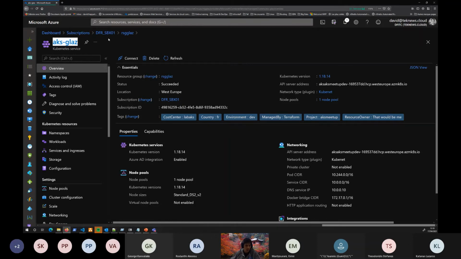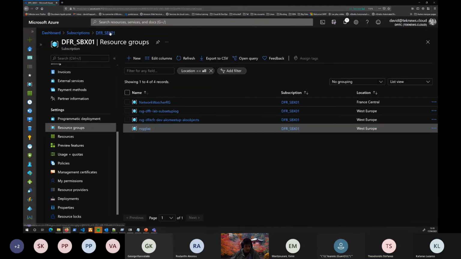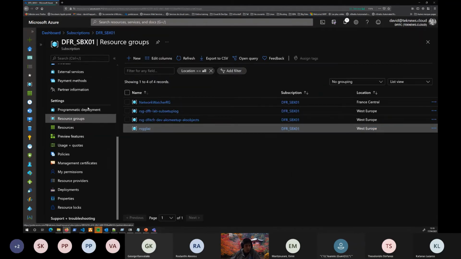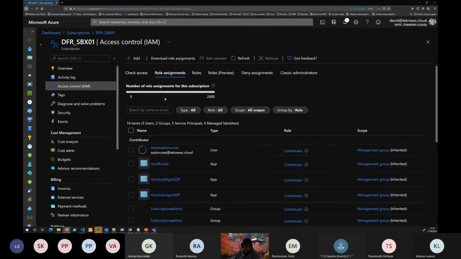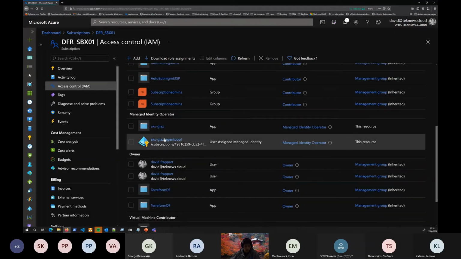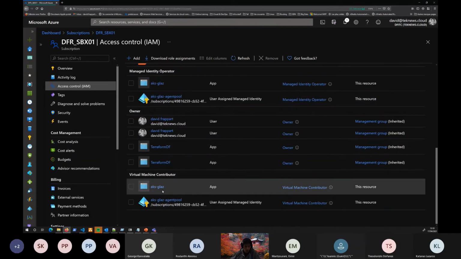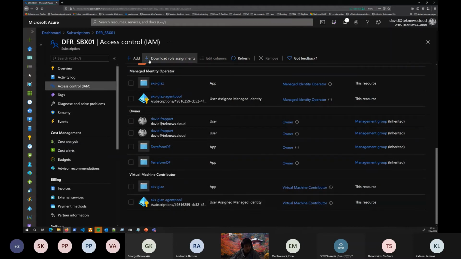So this identity, I granted the same roles that I did for my kubelet identity, the managed identity operator and the virtual machine contributor. Without that, it's not working, and you have some errors in your log if you check the log on the system. Let's go back now.